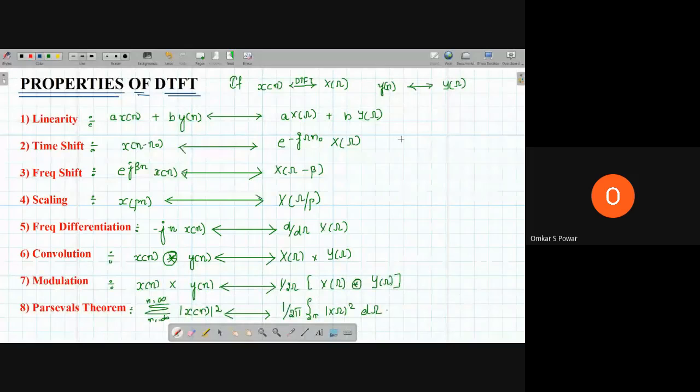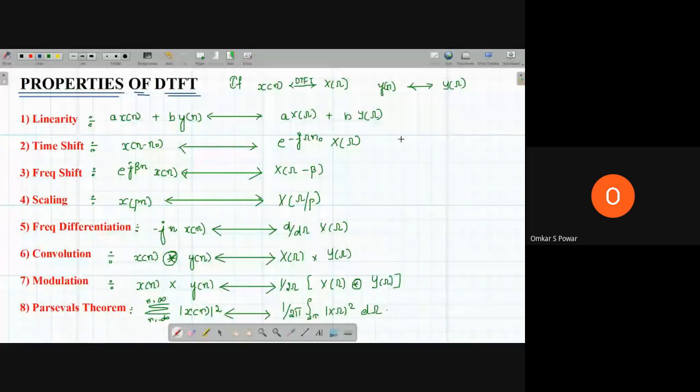So today we will see the properties of DTFT, then we will see the partial fraction method, and then with respect to properties we will solve some problems. Whatever we are doing here, the same thing we have done in CTFT, so the technique remains the same, so it's easy for you to grasp these things. I'm not going to solve many problems in DTFT because we have solved many more in CTFT. I think it's the same procedure. Just to give you a basic idea, I'm solving some of the problems here.